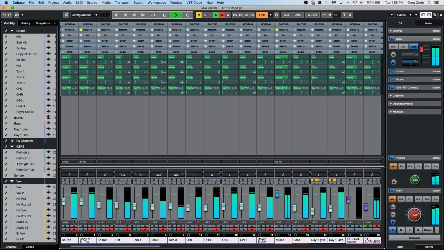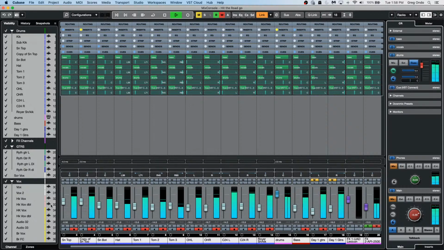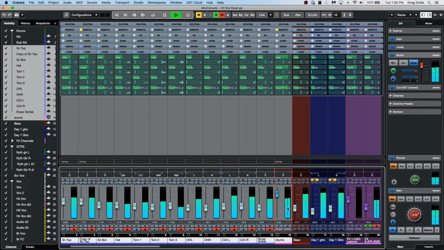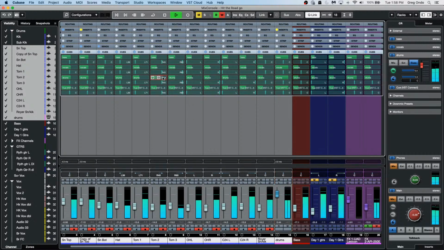Now we want to build a headphone mix for our drummers. So let's say our drums are going to be Qmix 3. So I'm going to select all of my drum parts, and I'm going to hold down Alt or Option plus Shift, and we'll increase these. And let's say for the bass,